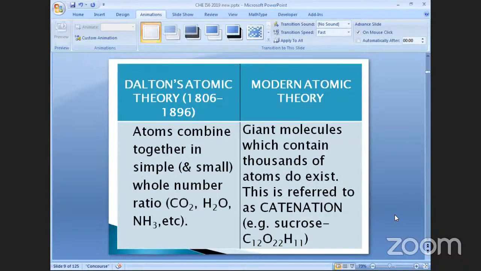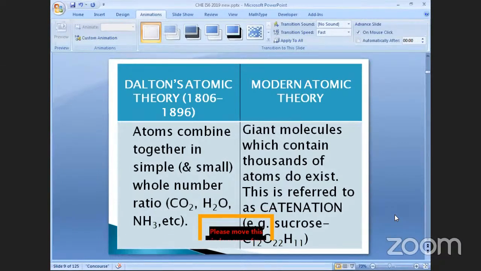The last theory is that which says we have atoms combining in small whole number ratios. And the concept of catenation, where you have giant molecules being formed. At the time of Dalton's atomic theory, 1806 to 1896, within the limit of the information available, it gave rise to that theory, but as knowledge increased, we can find giant molecules, for example,